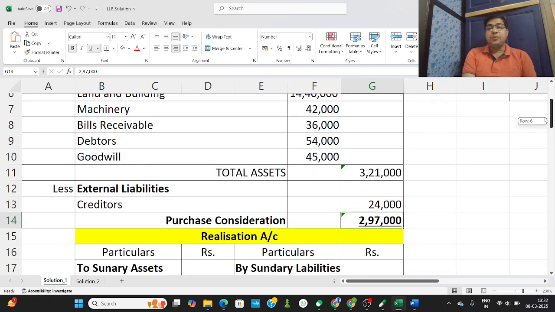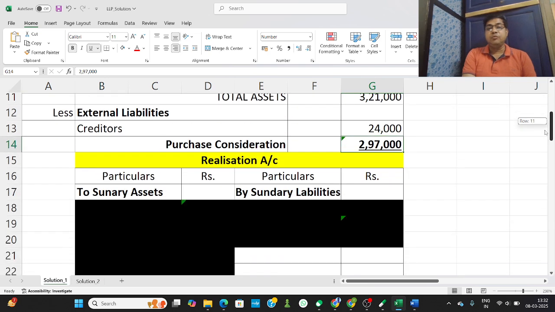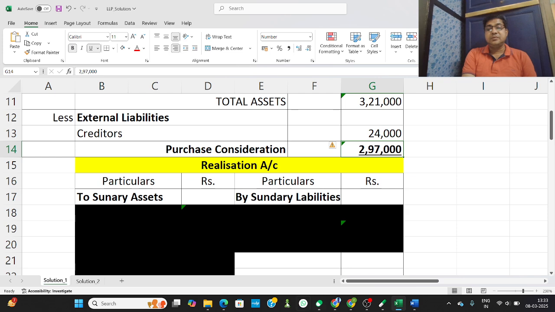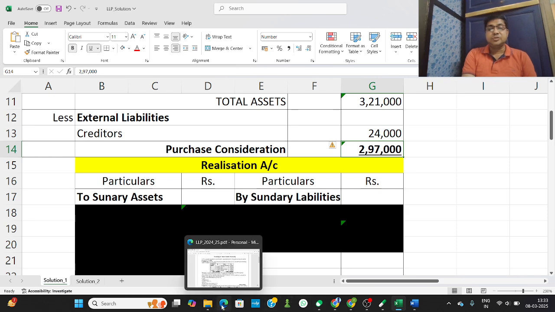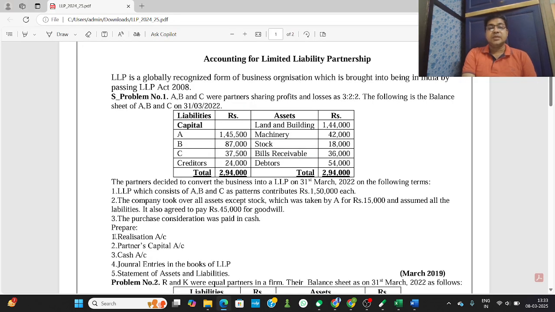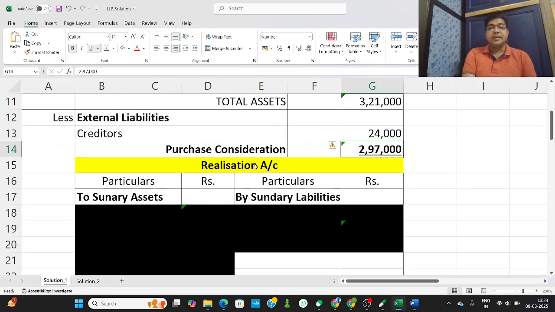Okay, now what we have to do? Now we have to move further and see what kinds of ledgers we have to prepare. You have to prepare the realization account, partners capital account, and cash or bank account. So we have to start preparing realization account. Then after that, we have to prepare